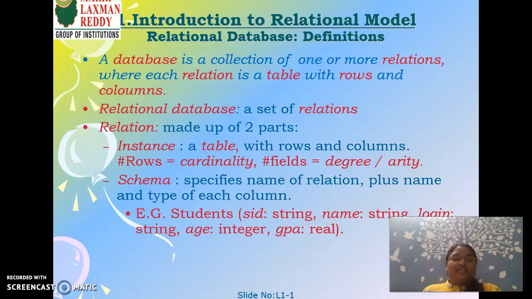When we are dealing with this relational model, we have new concepts to learn, such as instance and schema. These are the two new words that we are going to learn. What is an instance? An instance means the data at that particular time. We will be having data all across our relational model. Consider a stock market, where the data changes from minute to minute or second to second. The data at that particular instance of time is known as the instance.